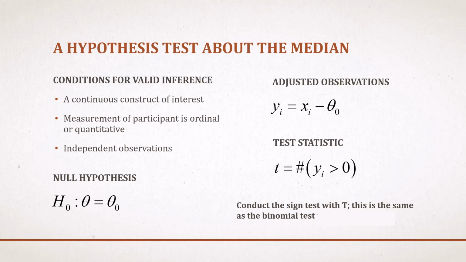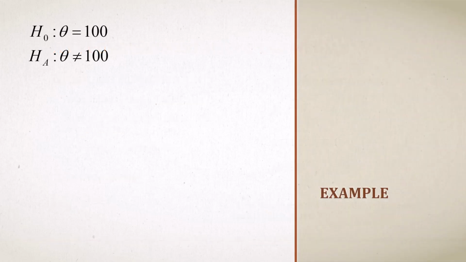Here's an example. Let's use for our null hypothesis that theta, the population median, is equal to 100. Let's use as the alternative hypothesis that theta is not equal to 100. In previous videos, I have used one-sided tests because they're consistent with my belief that we should have theory guiding our research and therefore should be anticipating outcomes in a certain direction. But for this example, I'm going to go ahead and do a two-sided test so that we can see how